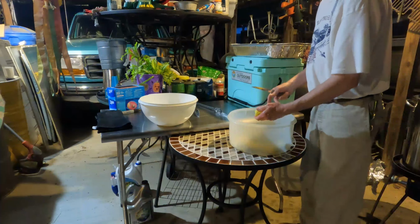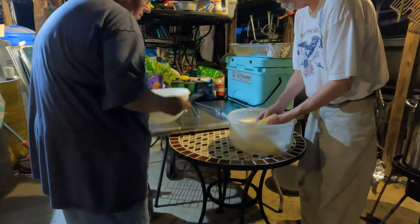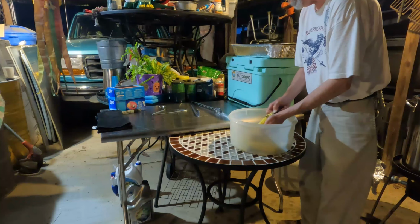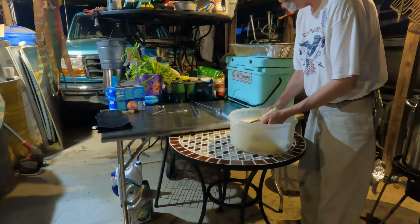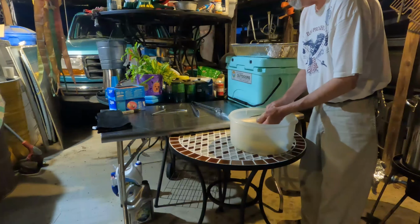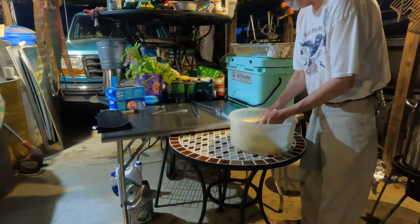Cool off? It is very cool. Yes, indeed. Careful. I gotta figure out what my best bet's gonna be for cutting it off the cob. Cutting it off the cob ain't never been my favorite thing, but